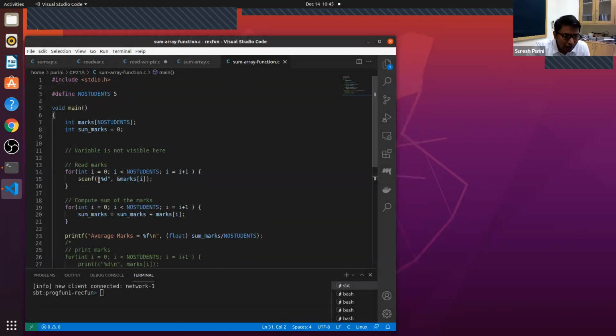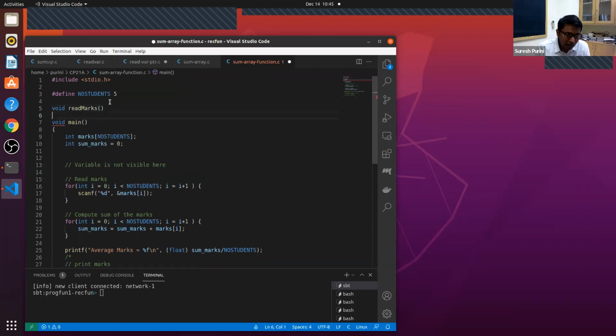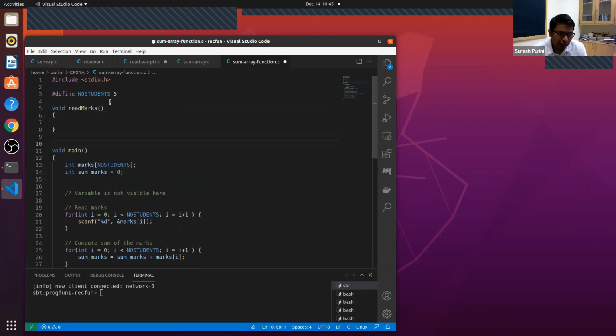Here you can see that we are reading the marks, but what we would like to have is a read function, void read_marks, and we want to pass an array to the read_marks function.